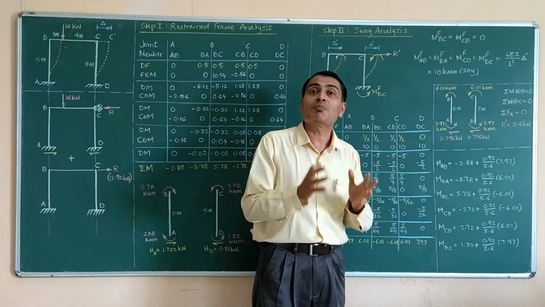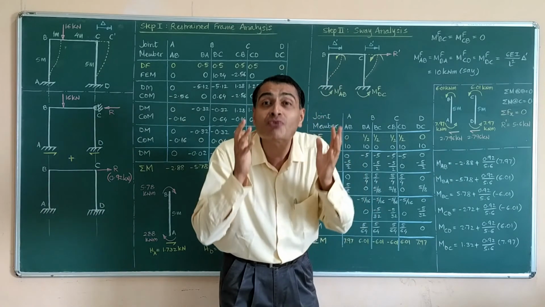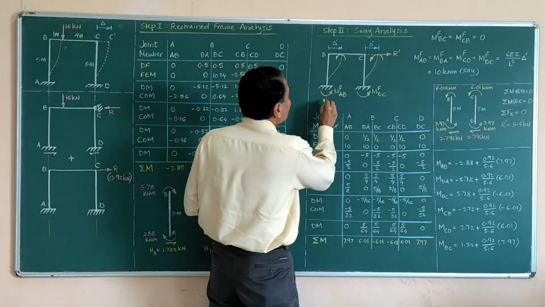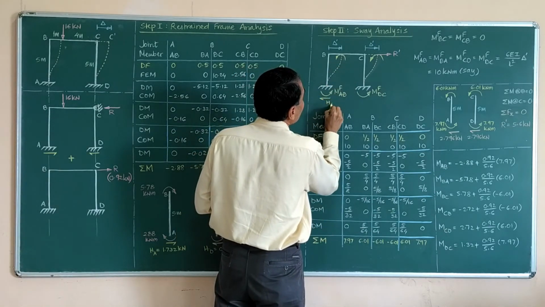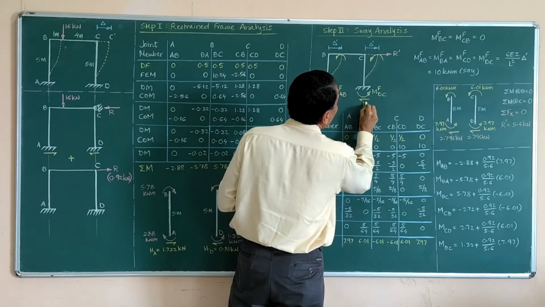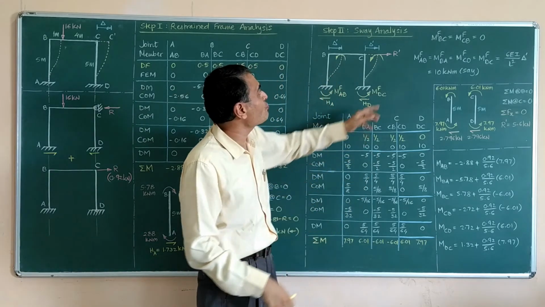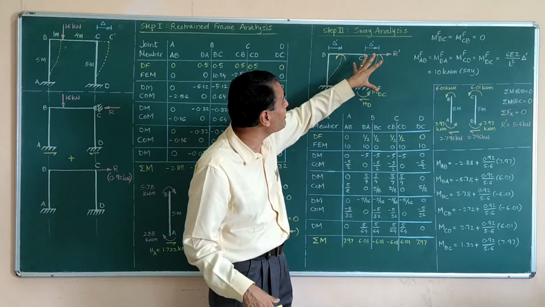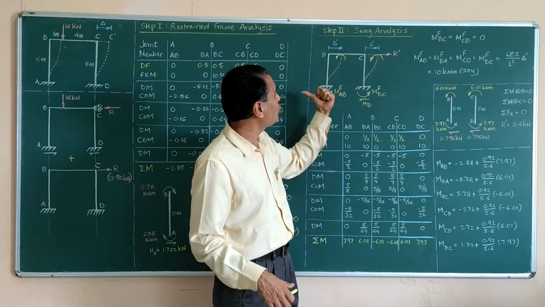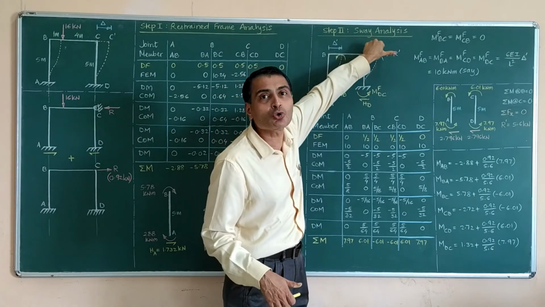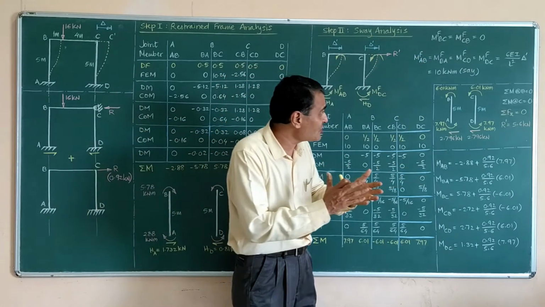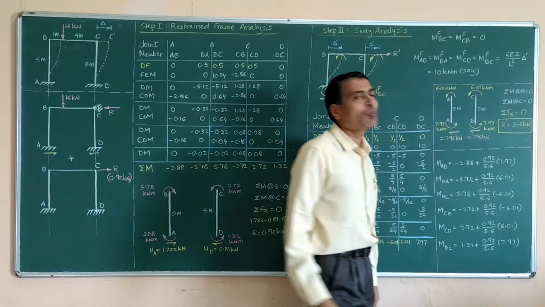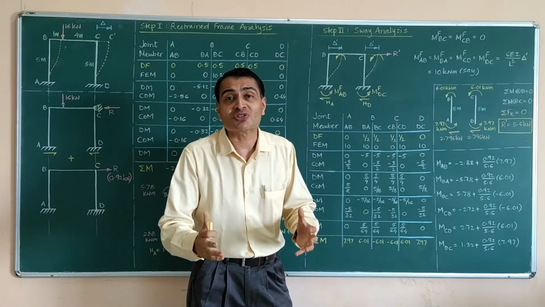And then I am applying sigma Fx equal to 0 to the entire frame. This frame, what we have just now found, that my HA is like this, that my HD is like this, and then I am trying to find R prime. So to this entire frame, I apply sigma Fx equal to 0. This plus this must be equal to this, sigma Fx equal to 0. So that is giving me R prime is equal to 5.6 kilonewtons.